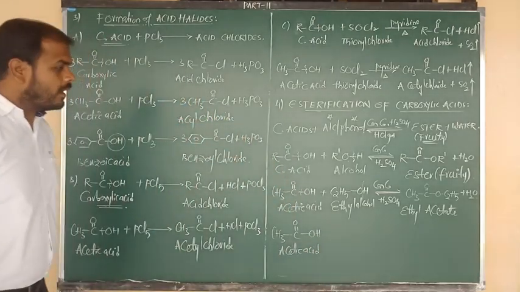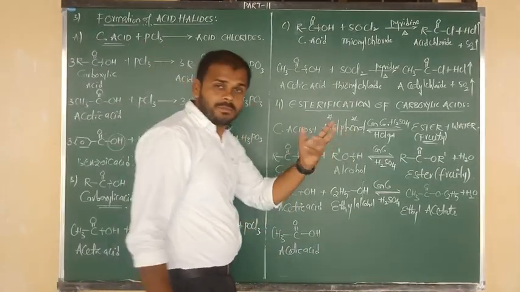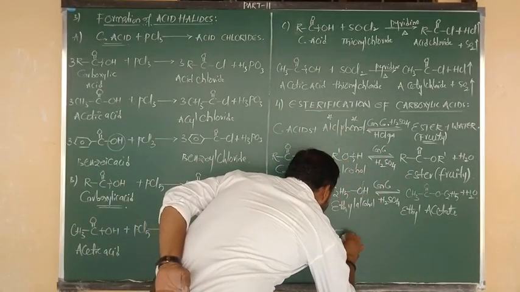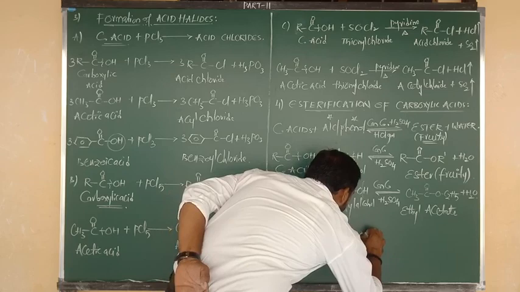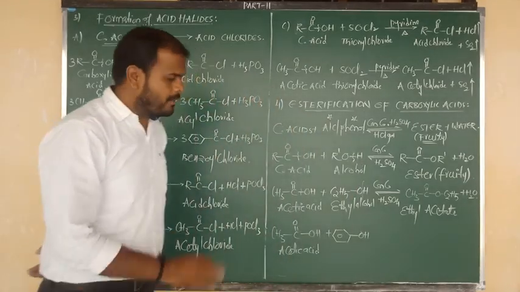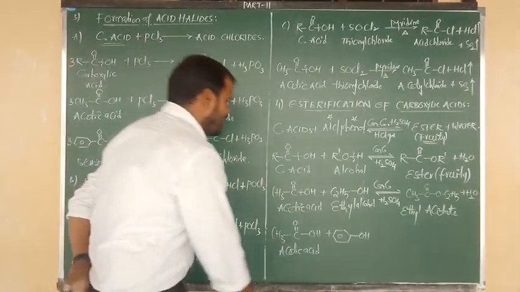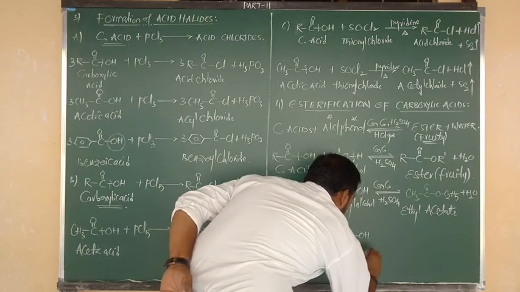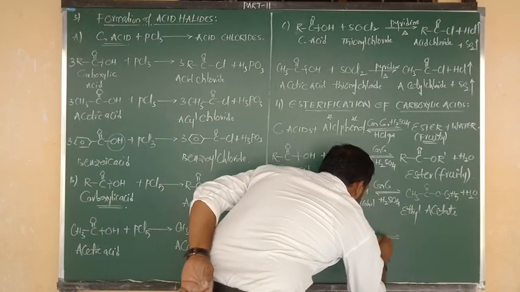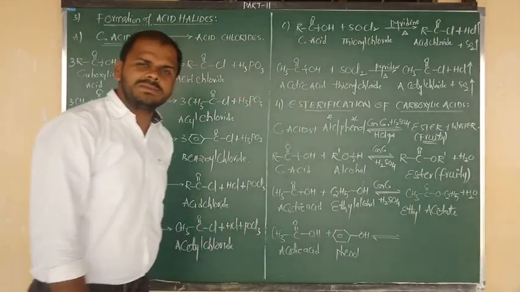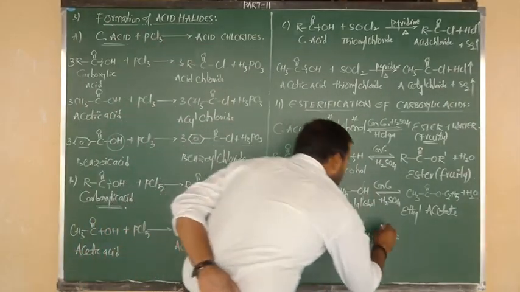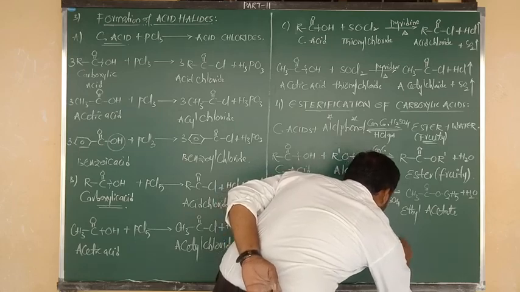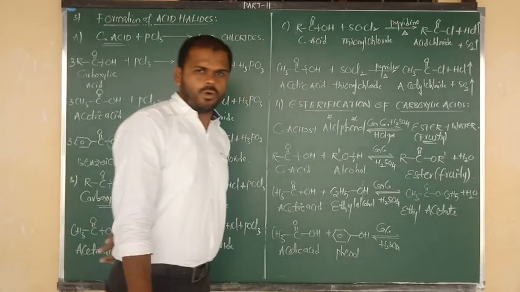It upon reaction with what? Another example by taking phenol. What was the formula of phenol? C6H5 bonded to OH. Otherwise simply we can say benzene bonded to OH. So the name of this compound is phenol, and the reaction takes place in a reversible manner, and the medium is acidic medium, that is concentrated H2SO4.